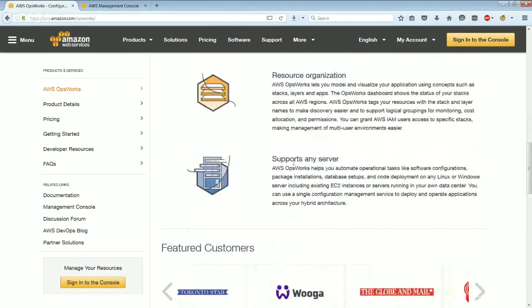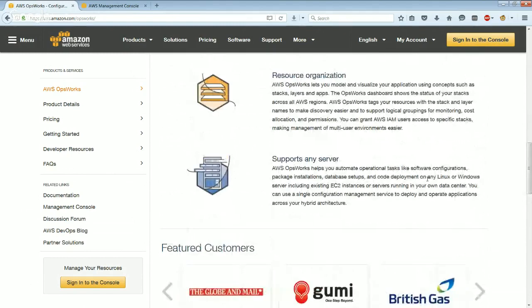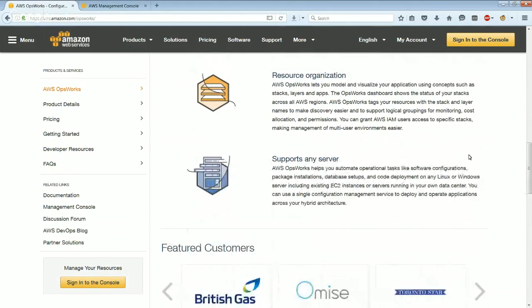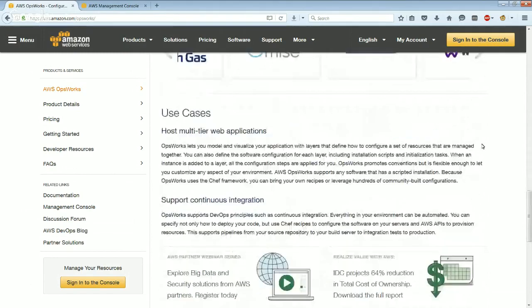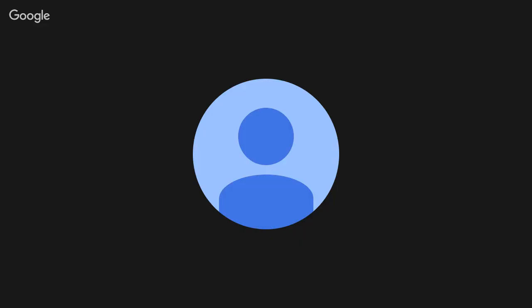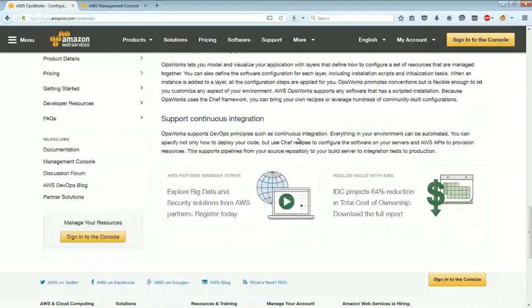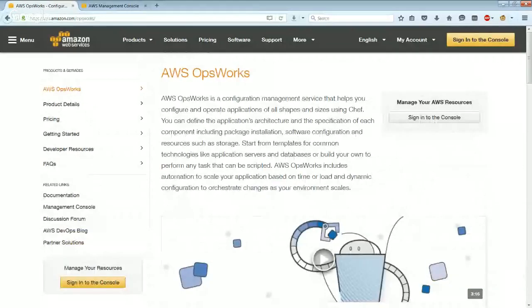And again, it supports pretty much any server. So you can use Linux, Windows, EC2 instances in your data center or hosted on AWS. So hopefully you get the idea. You can host a multi-tier web application and support continuous integration. If you have Jenkins installed for your continuous integration, you can integrate that with OpsWorks basically. So guys, hopefully you got a basic idea